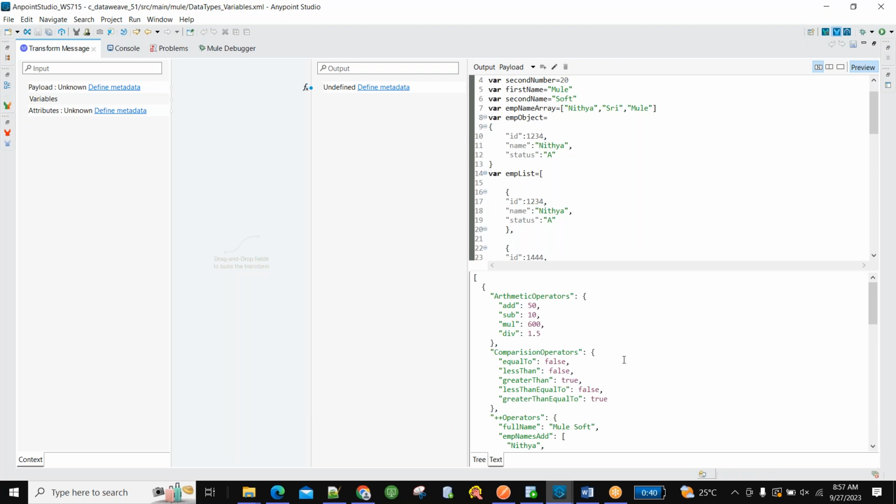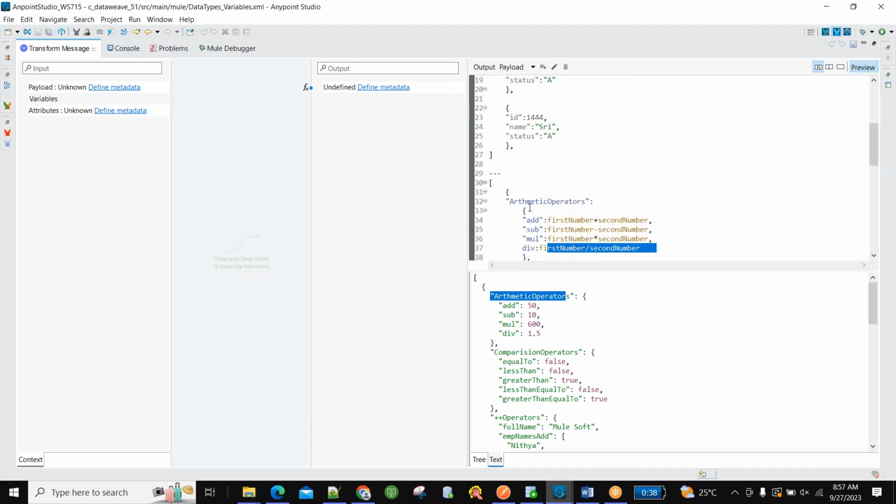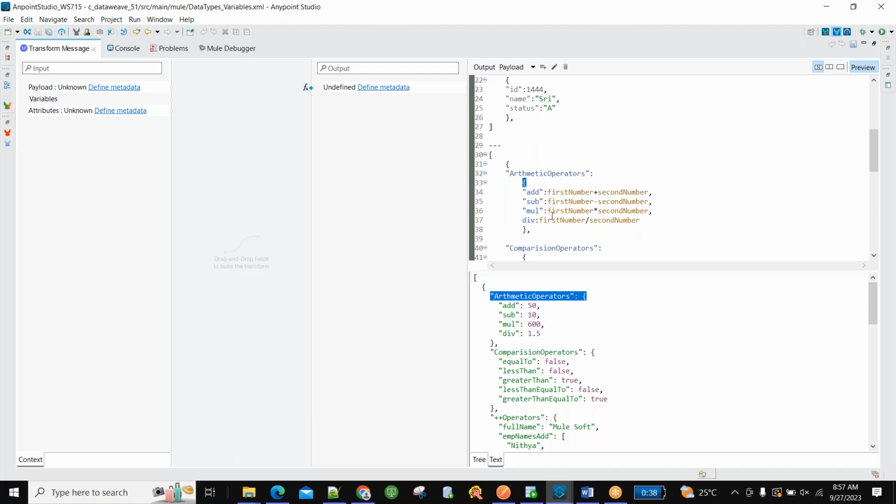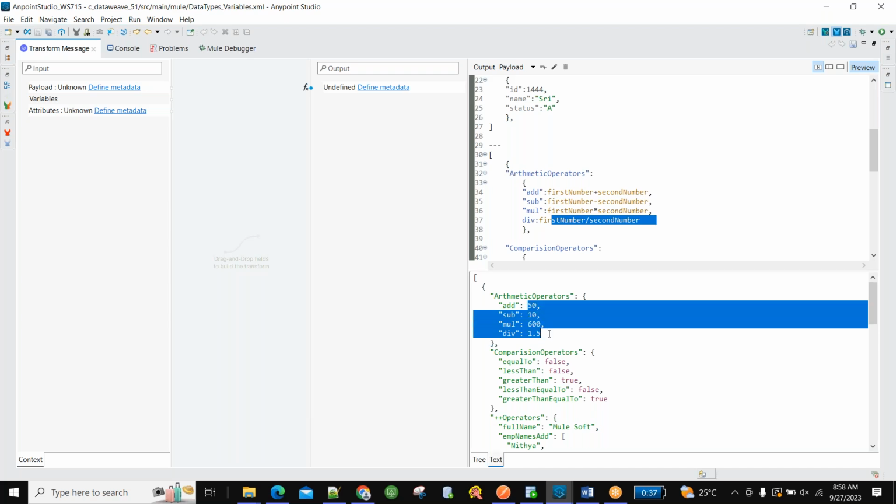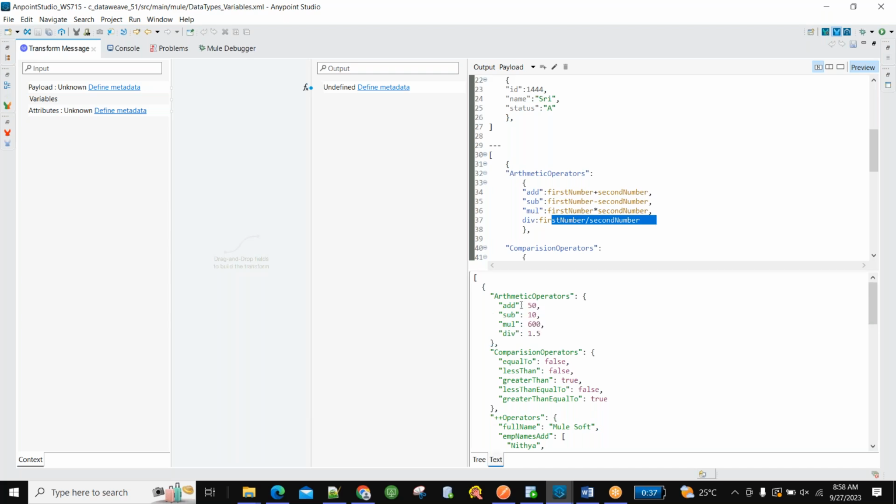Forget about these comparators, as till now we have not discussed them. Only try to observe add. Arithmetic operations is the heading I have given. In that heading we have kept curly braces, and you can see the braces opening and closing. In between, we performed the logic: addition, subtraction, multiplication, division. We could see the results, right?